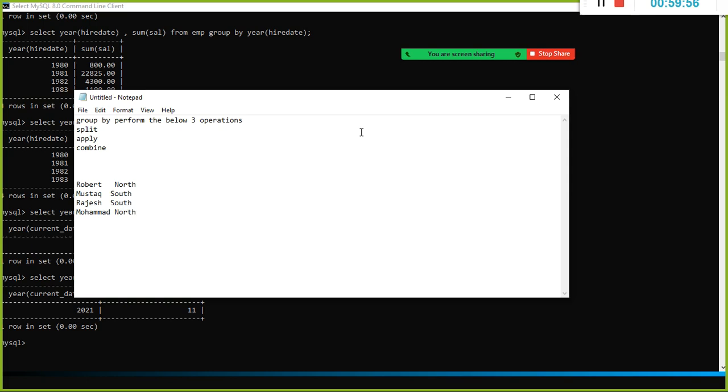These people are salespeople. In North India, Robert achieved 10,000 rupees sales, and Mushtaq achieved 5,000 rupees sales, and Rajesh achieved, let's say, 55,000.